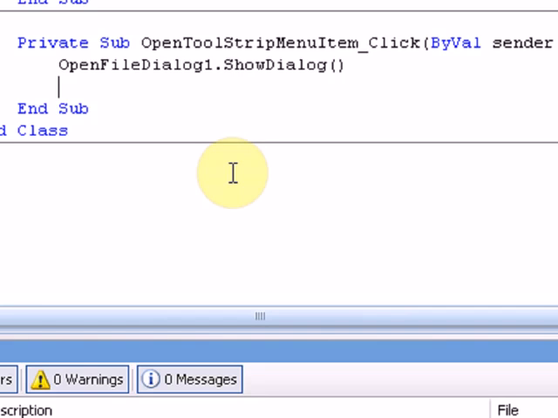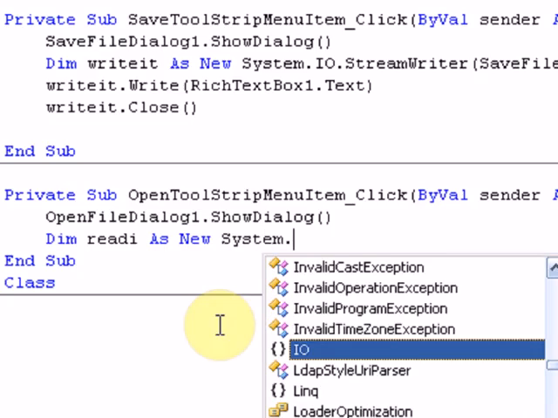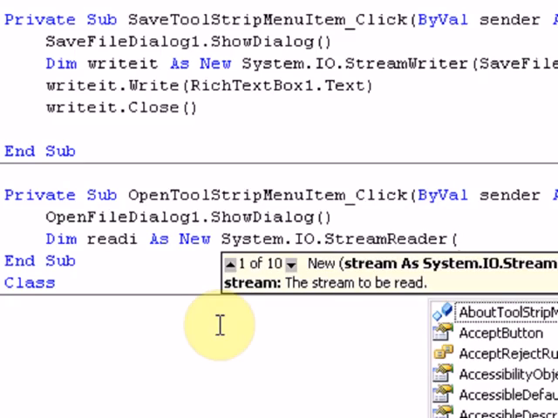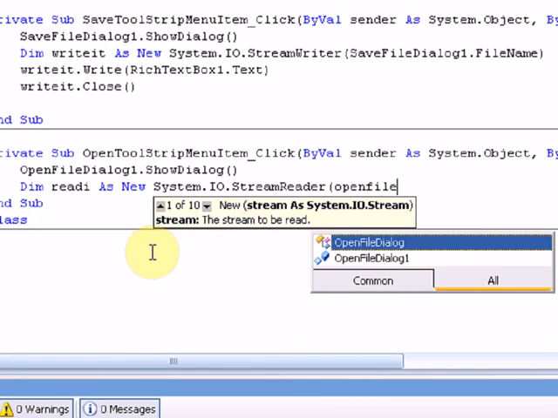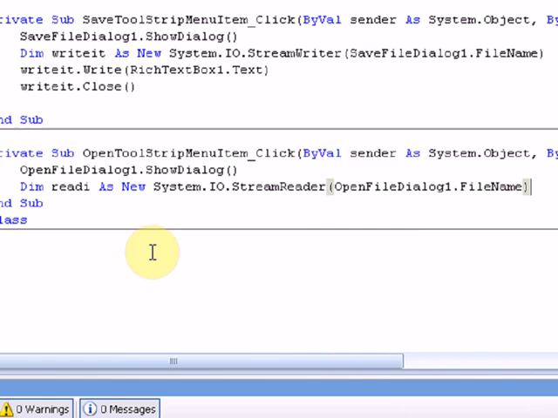And then we're going to declare readit as a new System.IO.StreamReader, and we're going to make it read OpenFileDialog1.FileName. Now this does read it. This is pretty much the same concept. We're declaring something to read the stuff inside the file we select with the open file dialog and report it back. So we're going to say